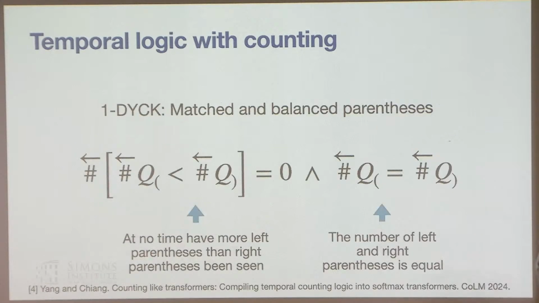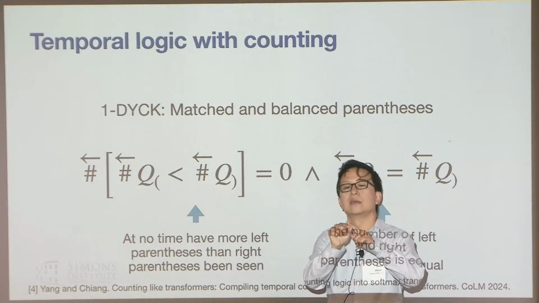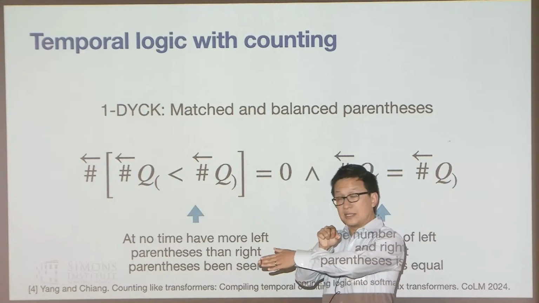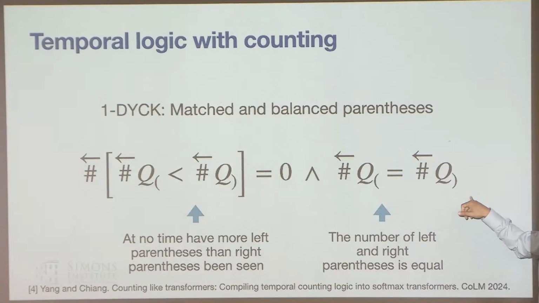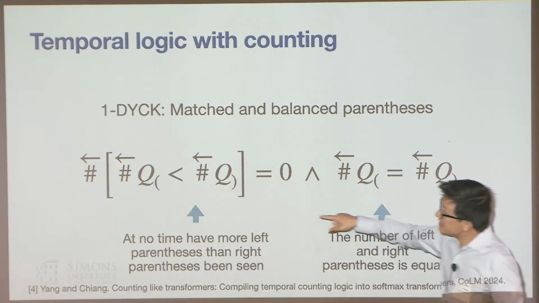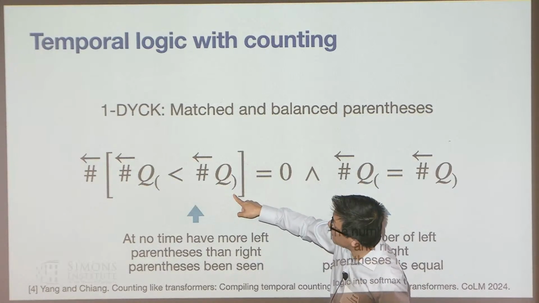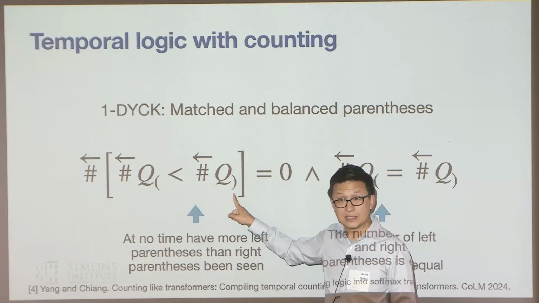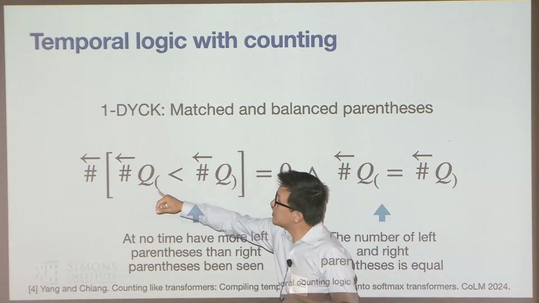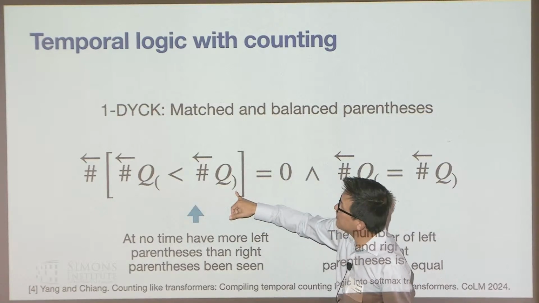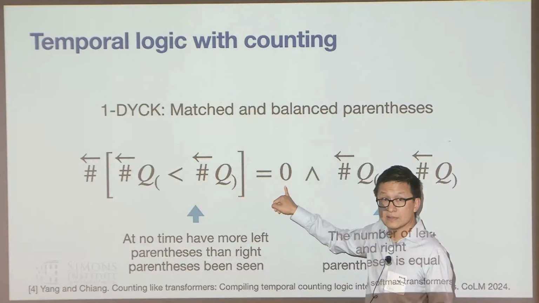Okay. So here's something fun that you can do. If you modify this counting operator slightly to only count the current position as well as the positions to the left, that's what this arrow means, then this is the formula that describes the Dyck language. This says count the left parentheses and the right parentheses, and we always want the number of left parentheses to be at least as many as the right parentheses, right? You can never have an unmatched right parenthesis. So we assert that the number of left parens is less than the number of right parens, never.